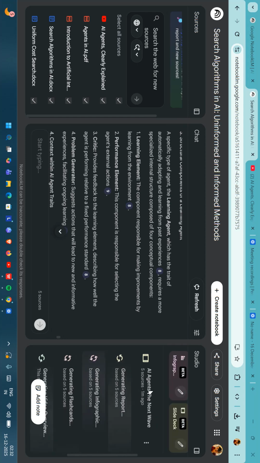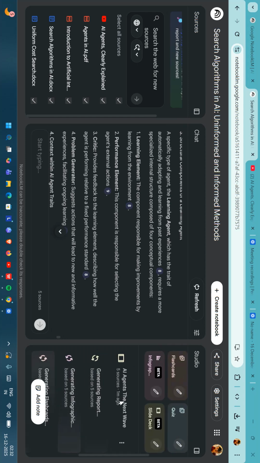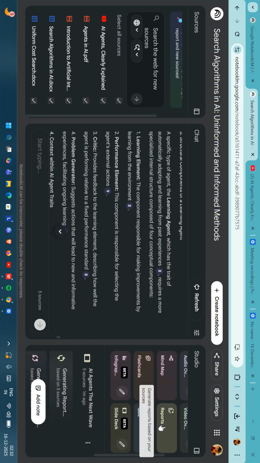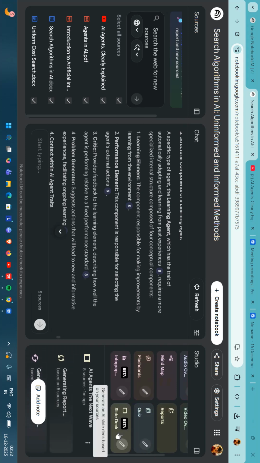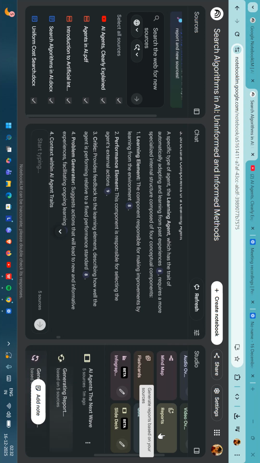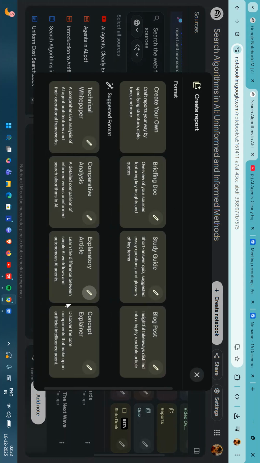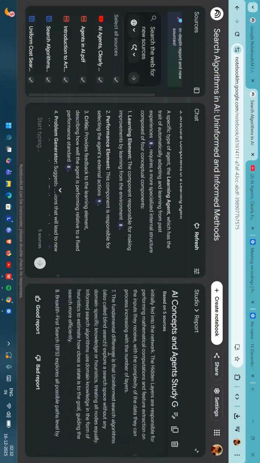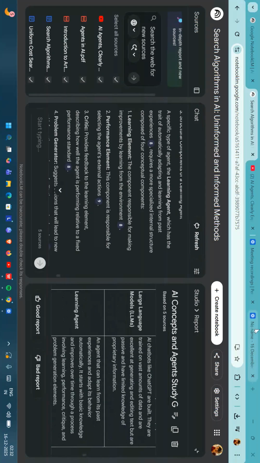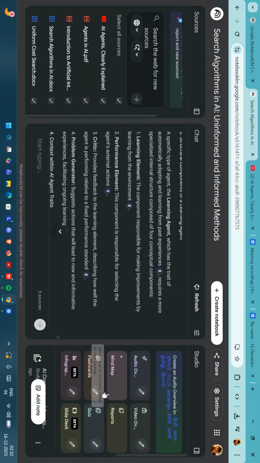Now, as you can see, I have used all these artifacts along with the reports, where I can also customize what kind of report I want. Is it a study guide? Is it a personal blog or something else? It will give you options to customize your own type of report. Our report is ready, as you can see. Now moving on to the next artifact, that is